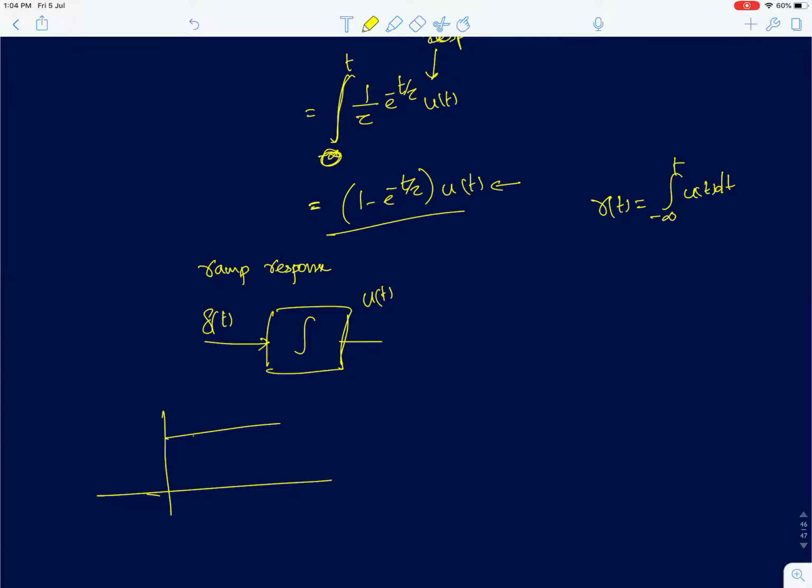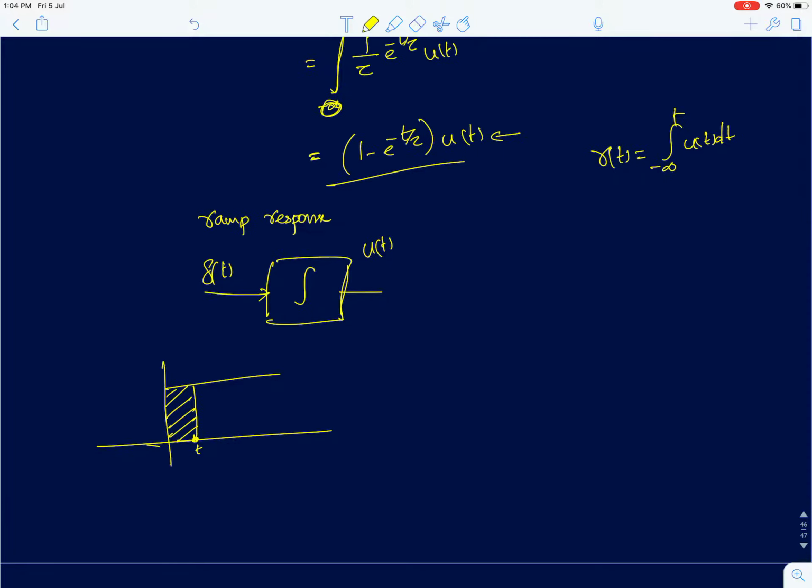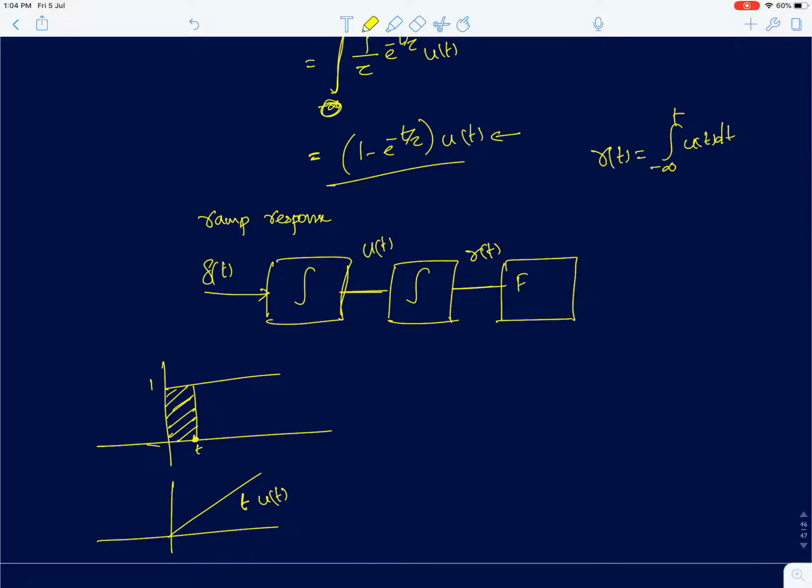So a ramp function, if I consider an interval t, the area under this, the integral, is simply the area under this rectangle with unit amplitude. So the function will just increase linearly as you increase t. So the function is t into u of t. So a ramp function is actually an integral of the step function. So this will be your ramp function. Then I feed this to a first order system, I'll get the ramp response